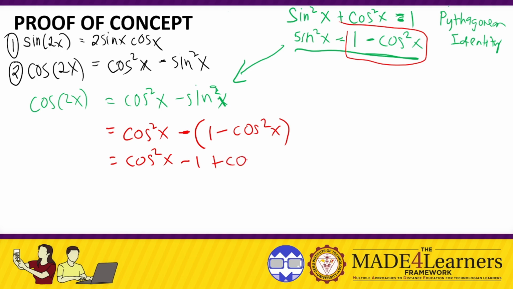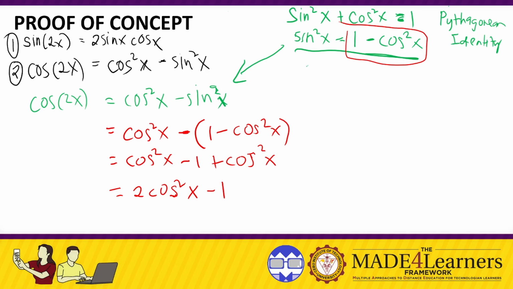So plus cos squared x. So we have 2 cos squared x, so 2 cos squared x minus 1. And this will be the second form of cos 2x. Okay, so aside from this, we can also